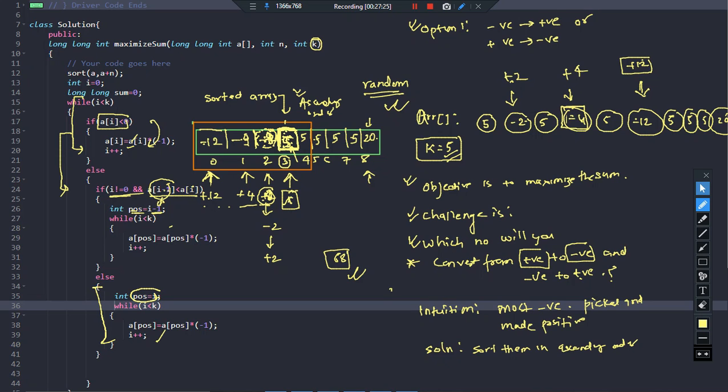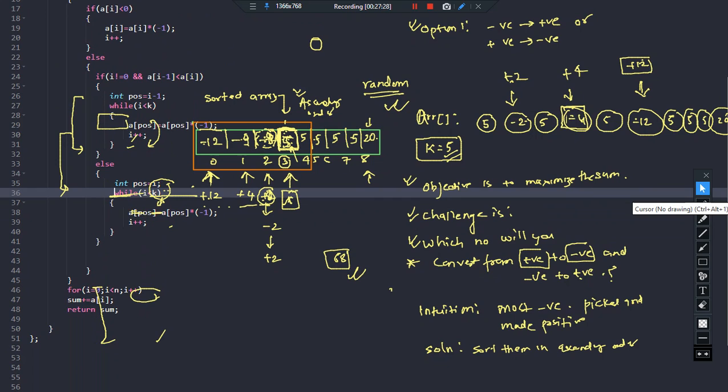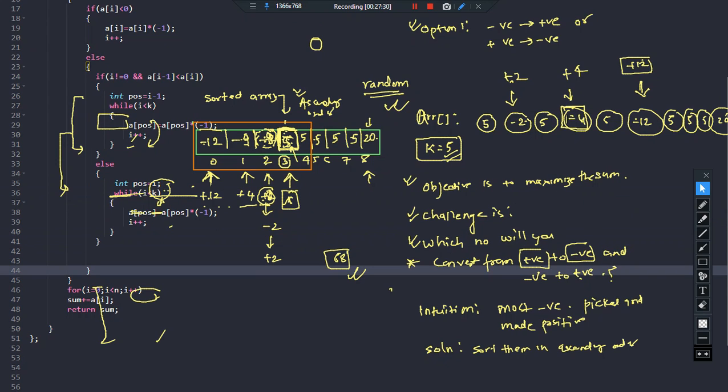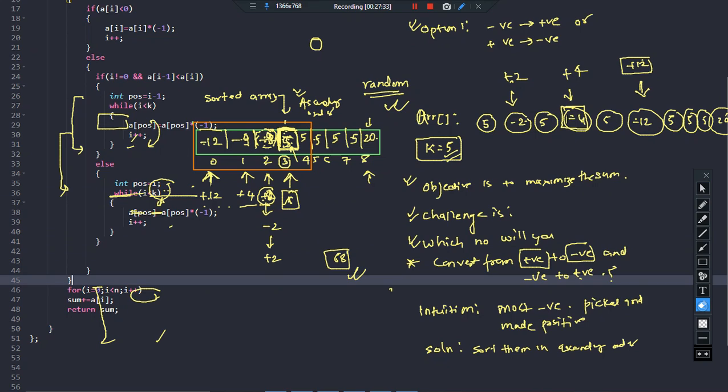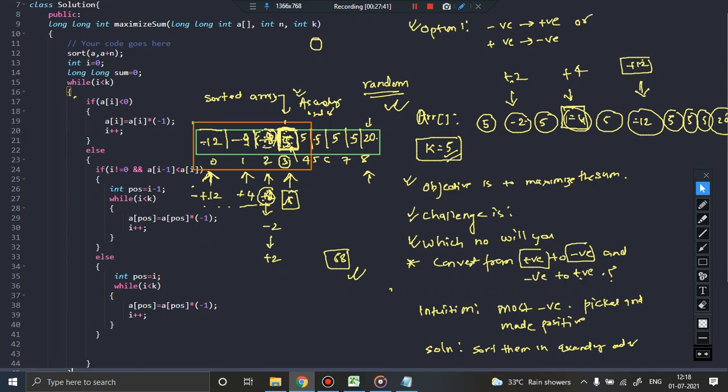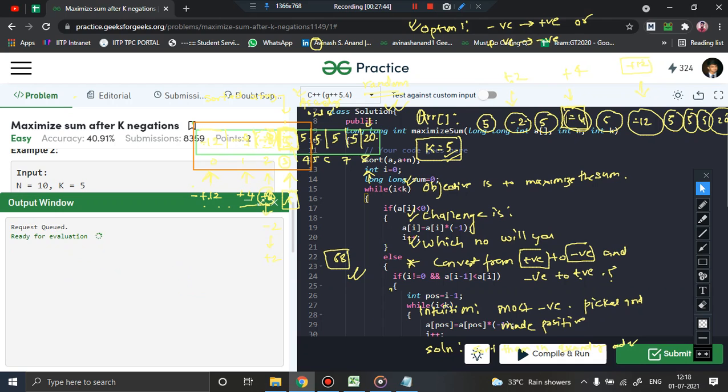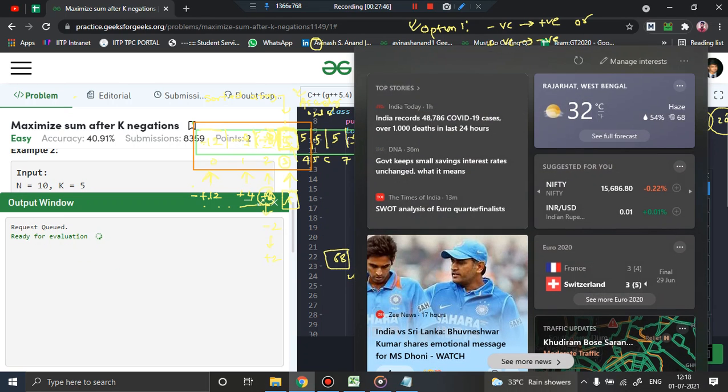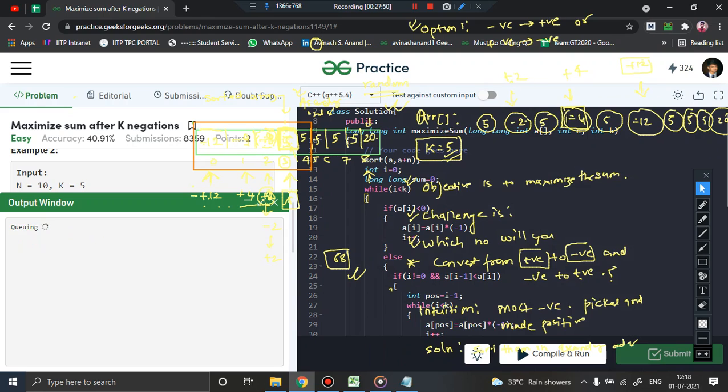Cool. So that's it from this, and now definitely after this you are going to perform the for loop, that is calculating the sum, right? So I hope now the problem should not give any TLE. So let us see if it works fine. Expecting no TLE. Let us check whether things are going fine. Otherwise we would have to look for a different approach. Cool. So you see, finally the problem has run fine and it has been successfully executed, right?